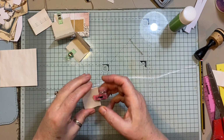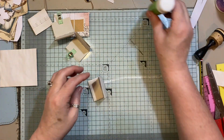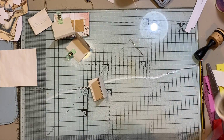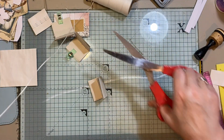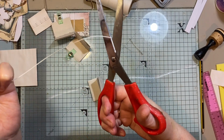Yes, I've got a few videos still to watch because of obviously it being the weekend and I had a busy weekend, but it's a beautiful kit. I can't wait to do mine. Mine is going to be, oh, I don't need that much, do I? Mine is going to be,